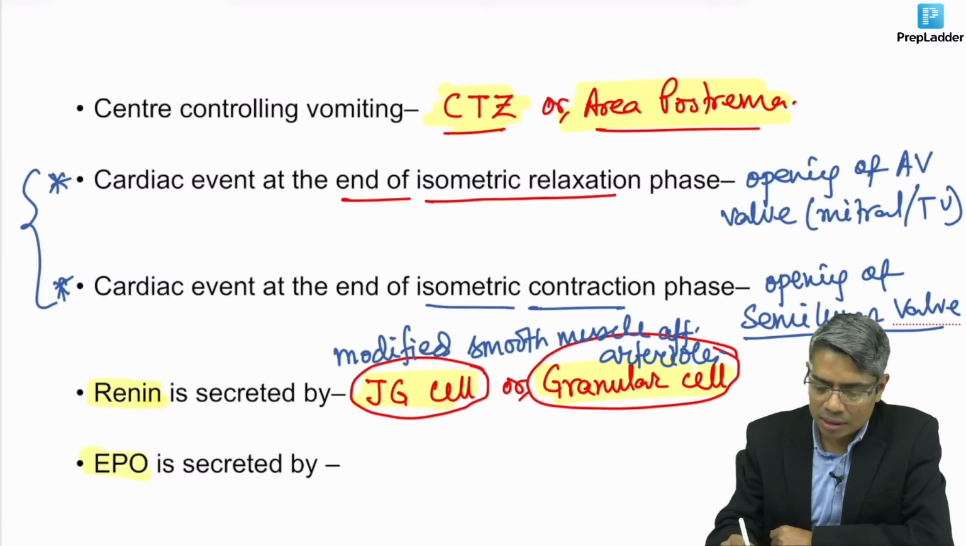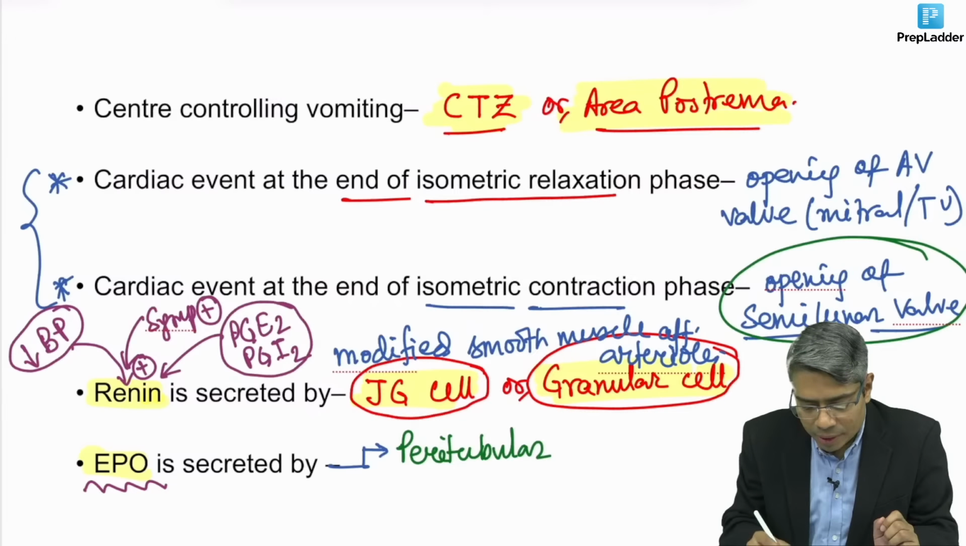Some of you are answering that liver and kidney, fair enough. But the question is, which cells in the kidney secrete erythropoietin? That is the question. So erythropoietin is secreted by which cells of the kidney? So you have to remember that we generally say this is the, yes, very good,